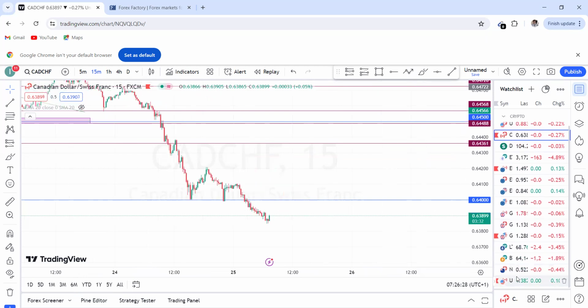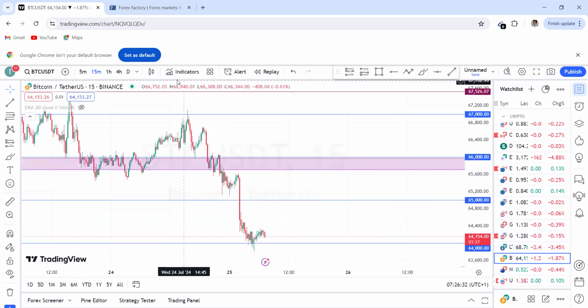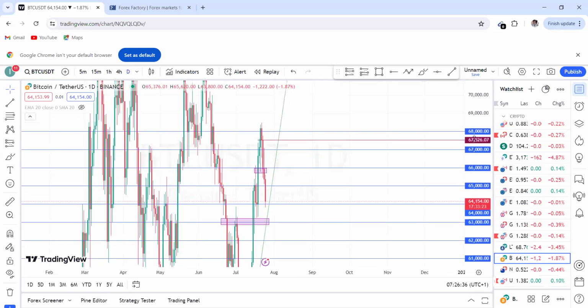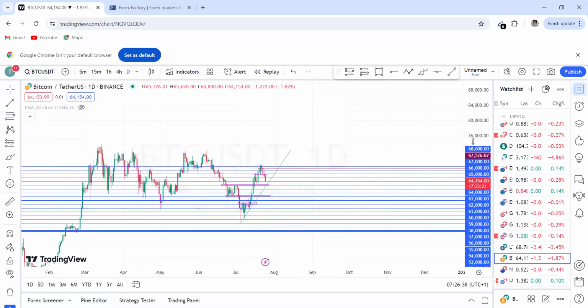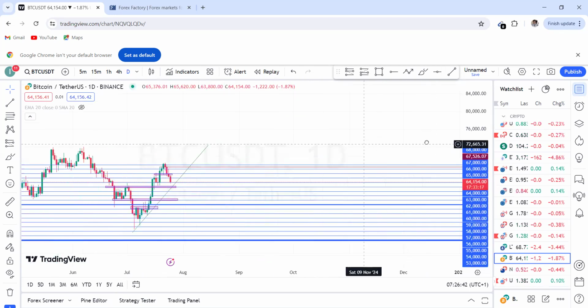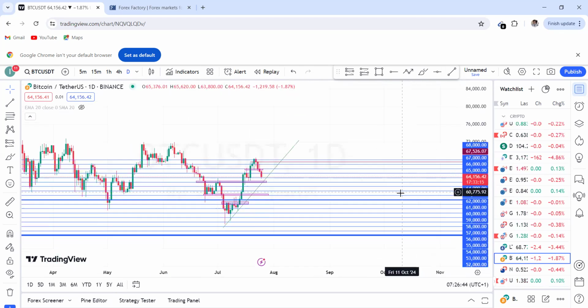So let's go to Bitcoin and see what Bitcoin has for us. Now, okay, let me start from the day chart. So we can see what is happening on Bitcoin right here. Bitcoin is on a bullish trend here, and based on what I'm seeing, I think Bitcoin has come to retest this level